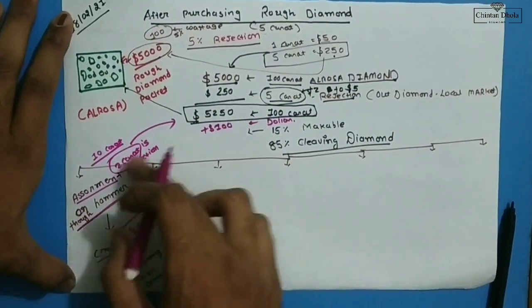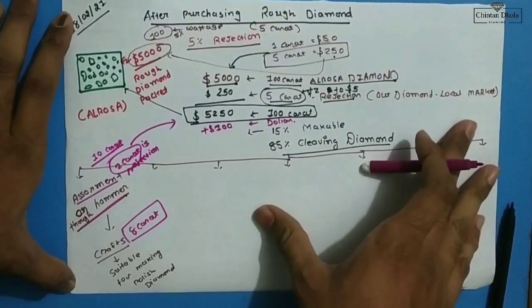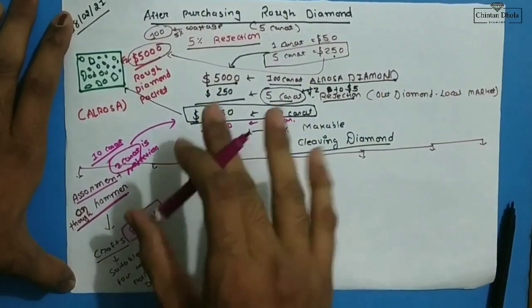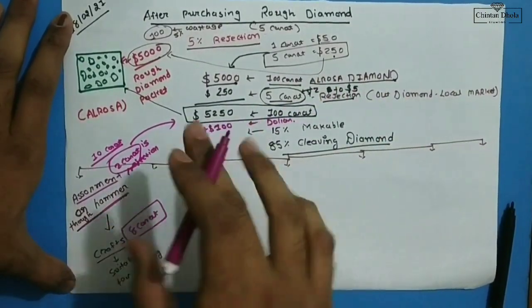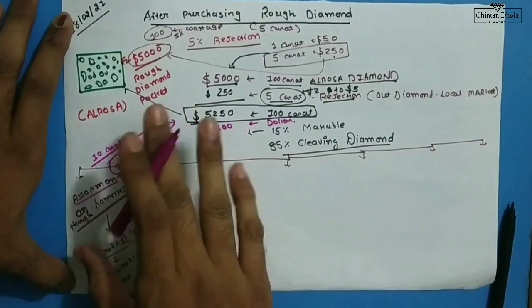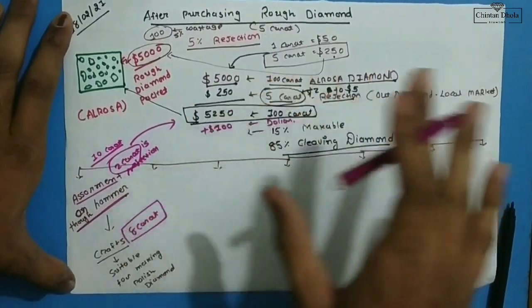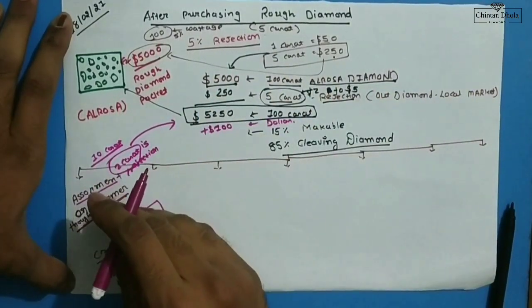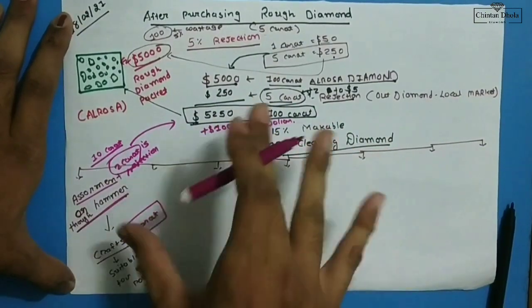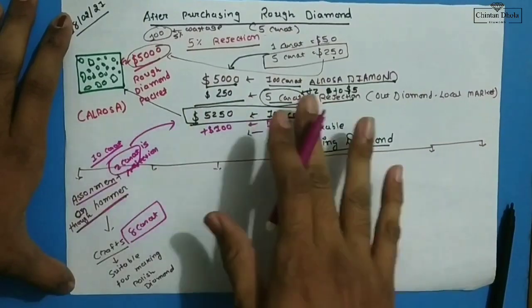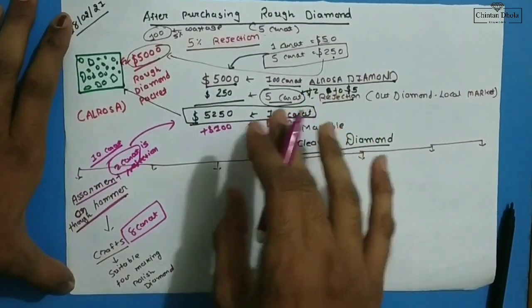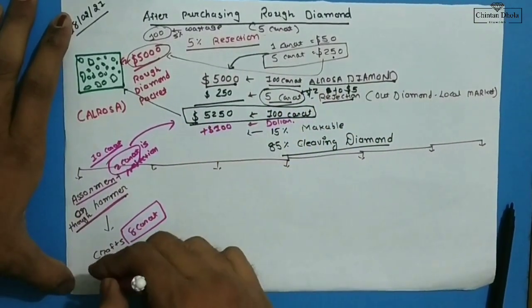Okay, I will tell you this is a lengthy process, but you can get it by assuming. These all things are assumptions. In the last video I will teach you how you can do this process in simple steps, but here I would like to tell you each and every process in brief. After you know each and every process, the short process is very simple and you can easily understand it.